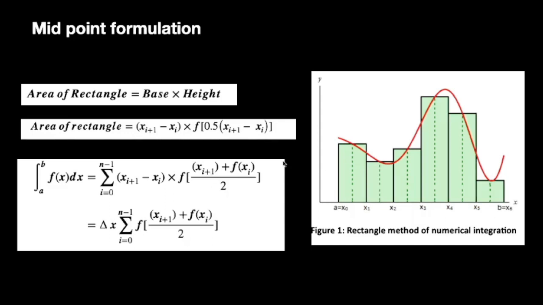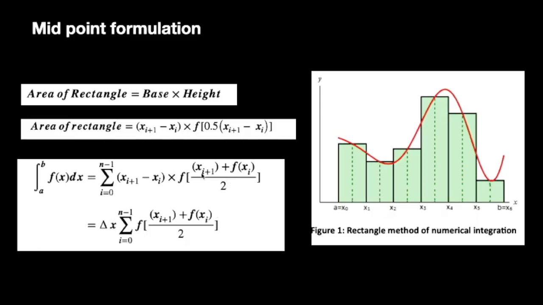If you have to find the area from here to here, you have to take the summation over all the rectangles. So this formula needs to be summed over all the rectangles. Please note a correction. This term should be plus and not minus, as it is here. It is written correctly. There is some mistake here.